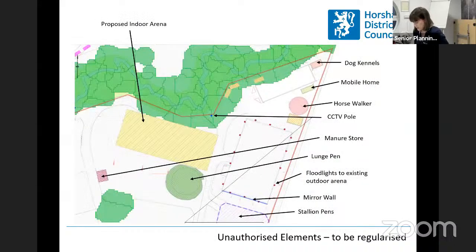So in addition, the application also seeks to regularise the following elements. Going through the plan again: the use of the wider site for equestrian facilities and paddocks, dog kennels to the east of the stable, the siting of a mobile home to the southern side of the stable, which is currently used as a mess room but is proposed to be used as staff accommodation, a horse walker allowing 6